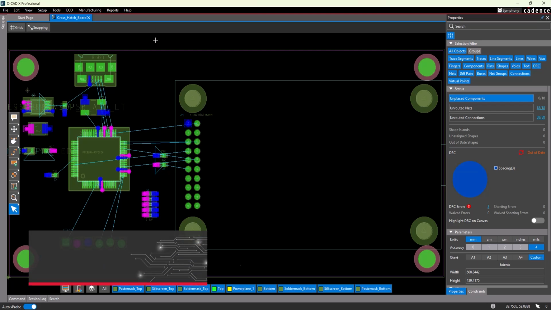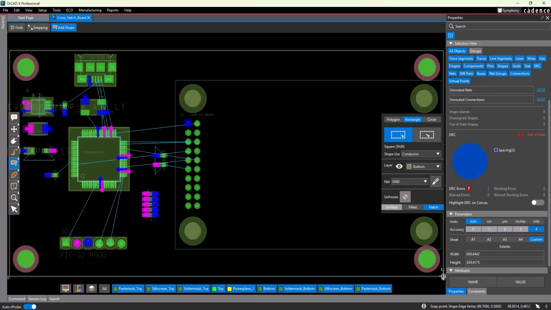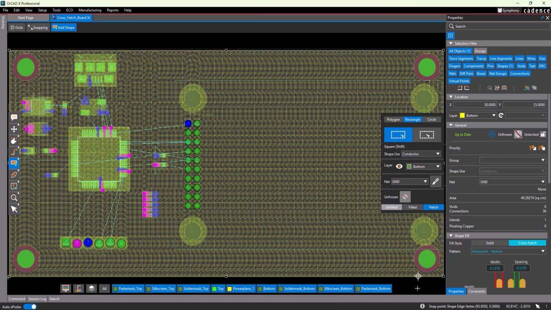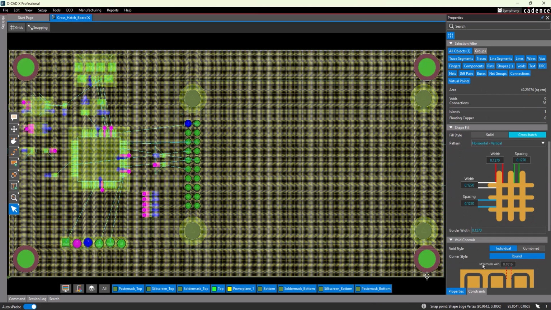This video is going to show how to create a crosshatch plane in OrCAD X Presto. A crosshatch plane uses a mesh or grid of copper instead of a solid copper fill. This can be used to improve flexibility in flex zones, reduce copper weight, improve adhesion, and more. OrCAD X Presto can be used to quickly and easily define the net, pattern, and other specifications to create a